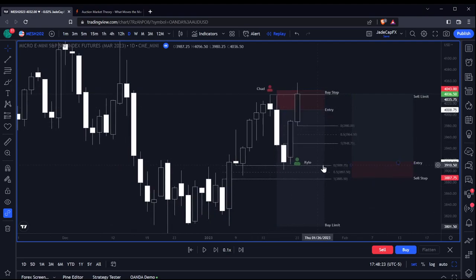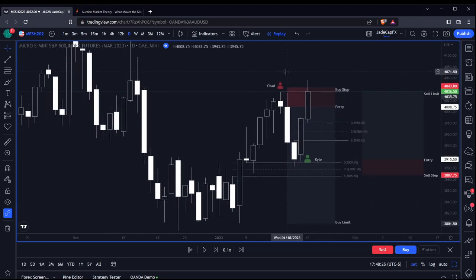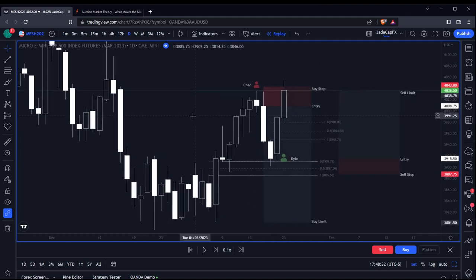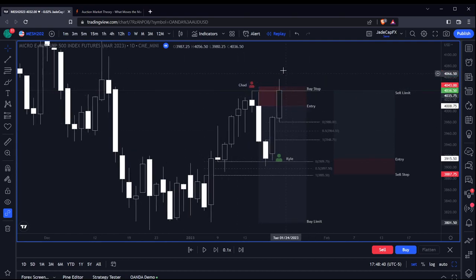So there might be somebody else that steps into the market where Chad took a loss, or I could switch and reverse my position if I'm smart money. I caught the long down here and I exited on Chad's buy stop. Well, now I can sell it and put a protective stop above this high because we purged the high. And what am I going to look to target? If this is the price swing, the parent price swing, it needs to trade back down to equilibrium.